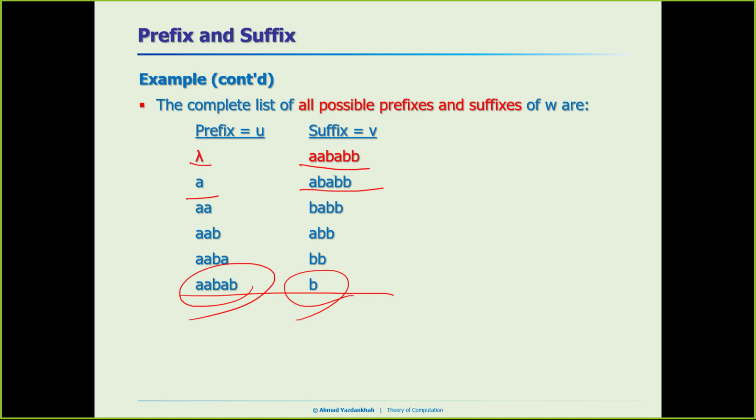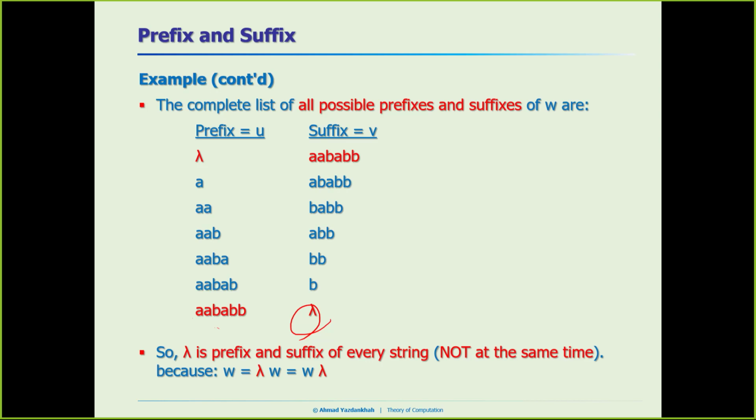And if we pick the whole string as a prefix, then the suffix will be lambda. So lambda is something that can be a prefix and suffix, but of course not at the same time, right? And the reason is, again,